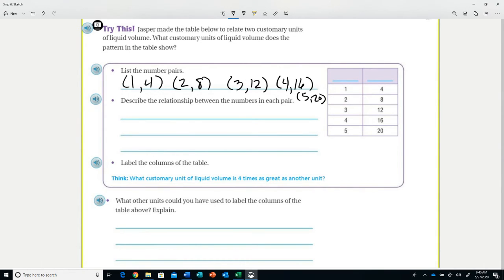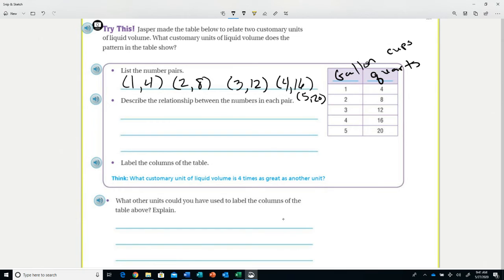Remember, we're talking about liquid measure, and it turns out that there are 4 quarts in 1 gallon. So this is quarts to gallons. I believe you could also do cups to quarts here. So keep this one in mind too, because this is my second time doing this lesson. 4 cups is 1 quart. Yes. So you could also have